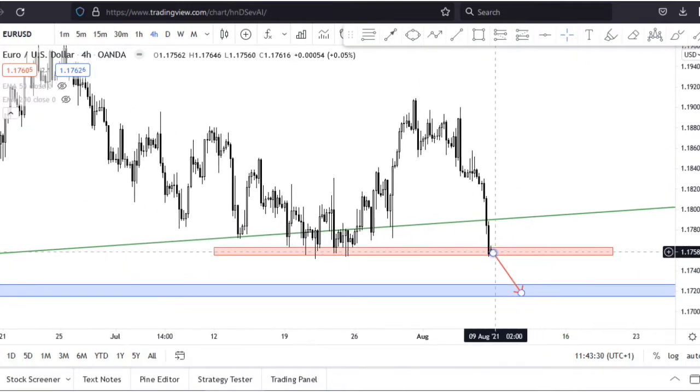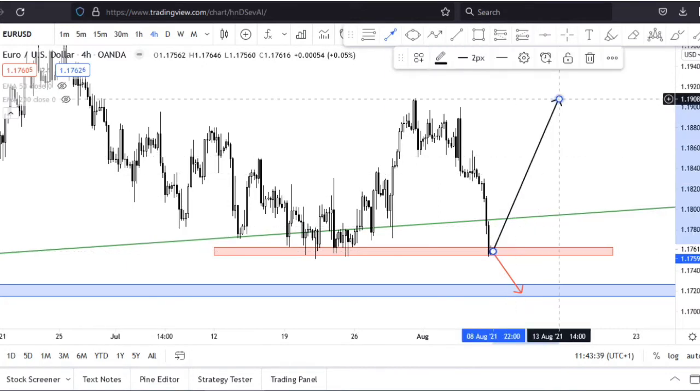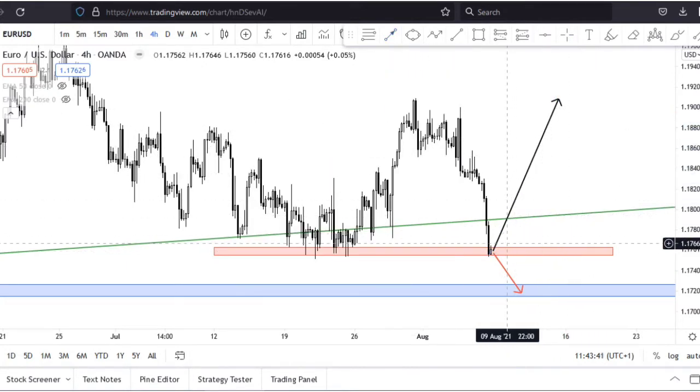Okay, so price could just continue down to this area here, or the market could form a bullish reversal pattern and continue to the upside. Okay, so for me, because of how strong this bearish move was, I believe that there are still a lot of sellers in the market, and I don't think that price will be going up anytime soon. Maybe a slight retracement, but I believe that this level will be broken and price will get down to this